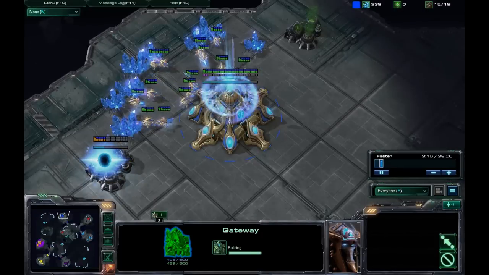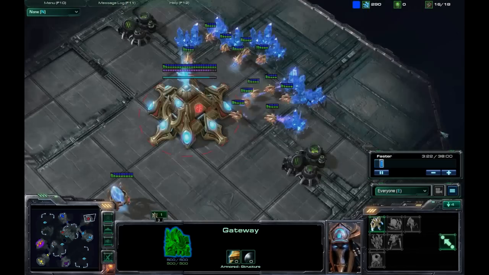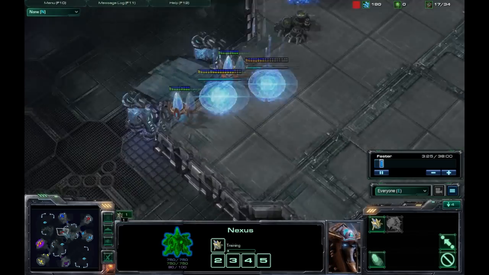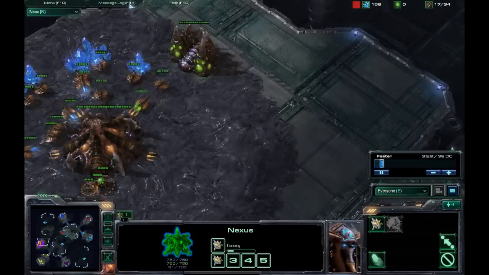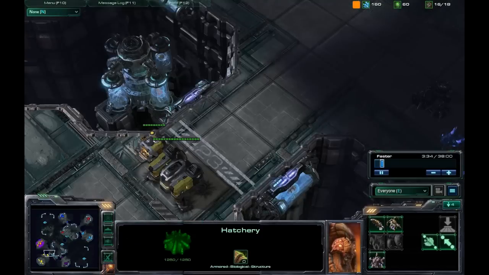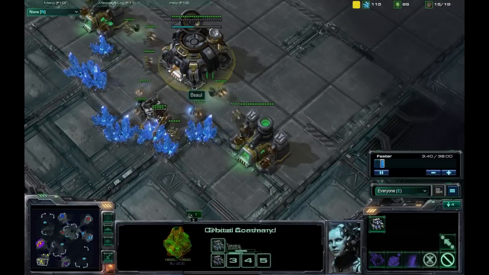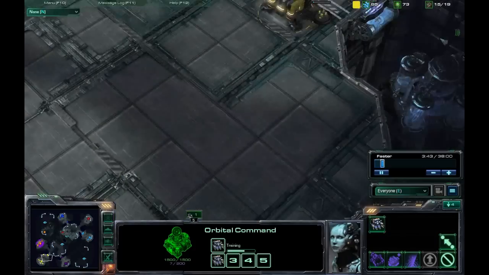Standard play over here at the Protoss base. Again, nothing too fancy going on here. And let's see what's going on down here. Just droning up, macroing, fairly standard. Let's see, B-Sol's getting a Ghost Academy. Yeah, he was trying to do the snipe thing. However,